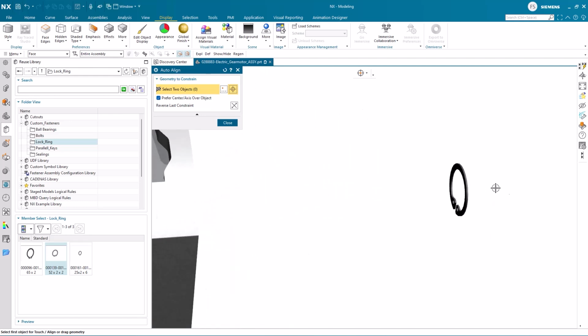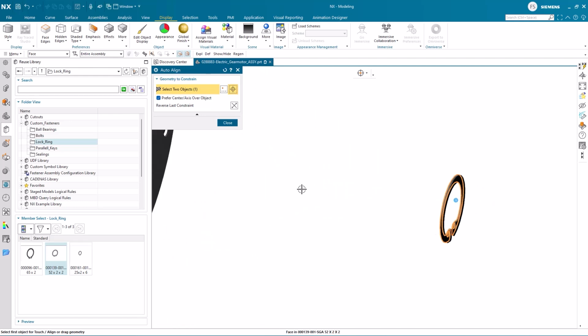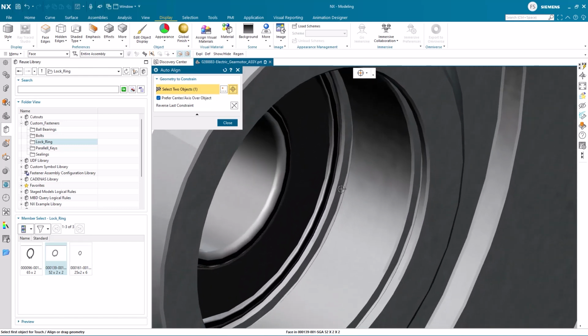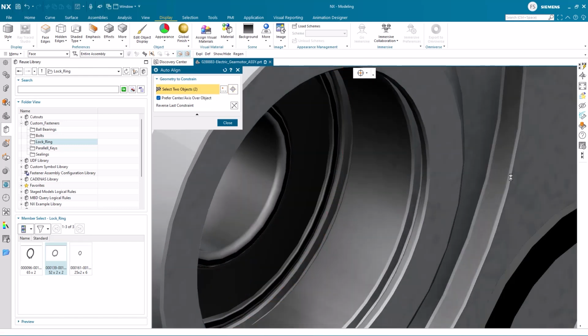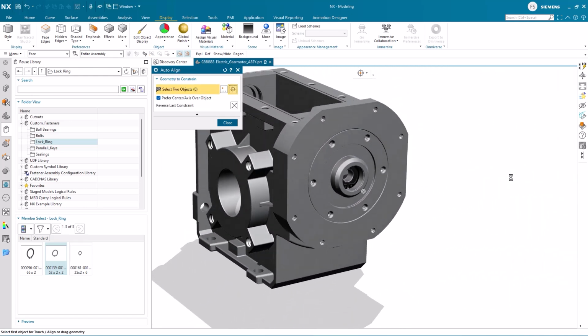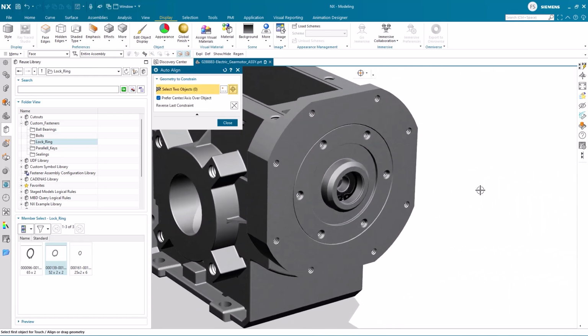The flat face on one side of the retainer ring and the counter face on the incoming axle mount are selected to align the axial position. As this is a cylindrical part, we do not bother about locking down its rotation, and so this component will be partially constrained, which is just fine.